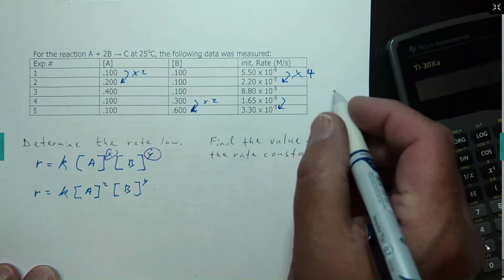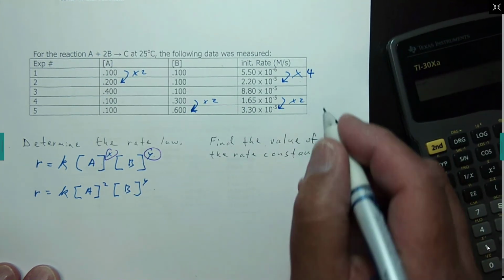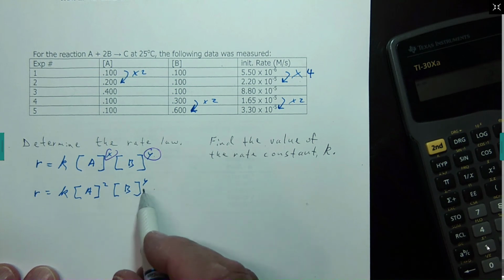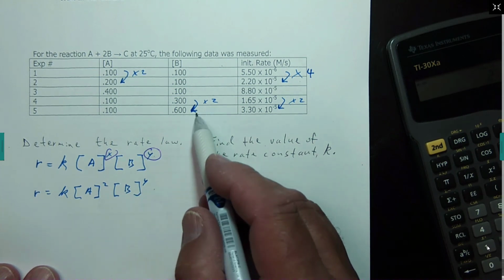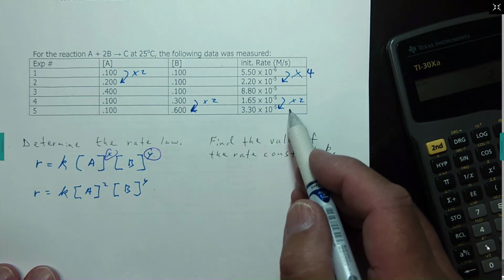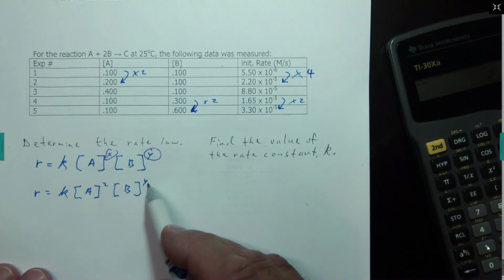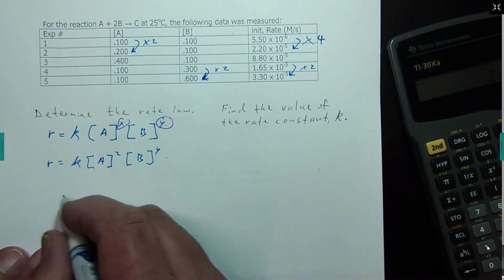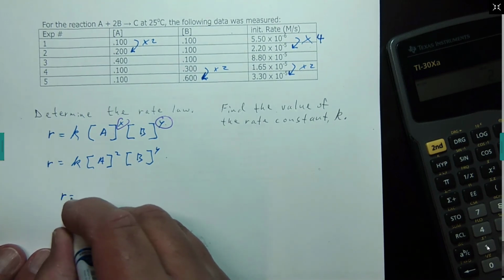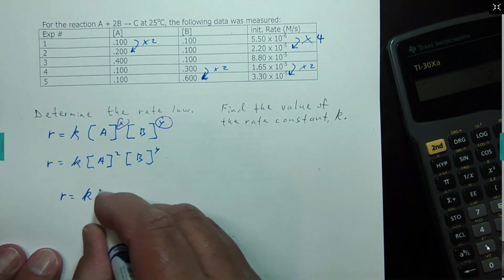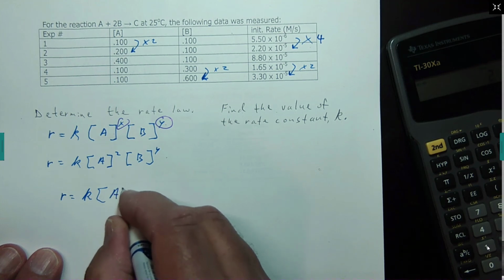So I doubled the concentration and the whole thing started to go twice as fast. That's telling me that this number is a 1. So you double your concentration, you double your rate, that's a 1. So you'd say the overall rate law is your rate constant K times the concentration of A